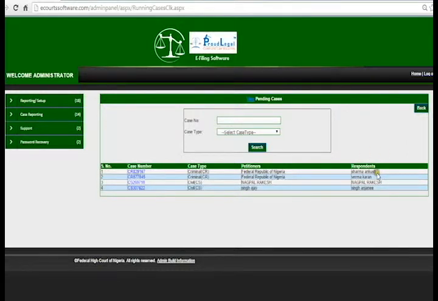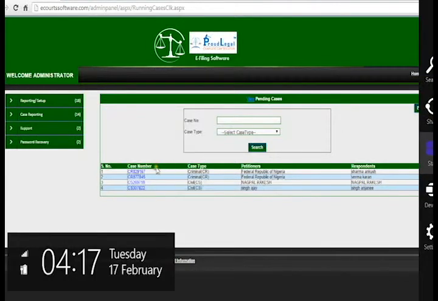Right? And these are the respondents. Respondent means the person on whom you want to file a case. So who is the rival, who is the enemy, you can say that. Okay, so this is the way you can see all the details of a petitioner. If you want to see, well, this is the short summary of the details.